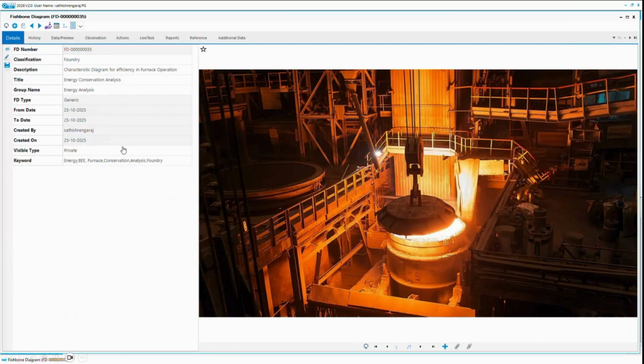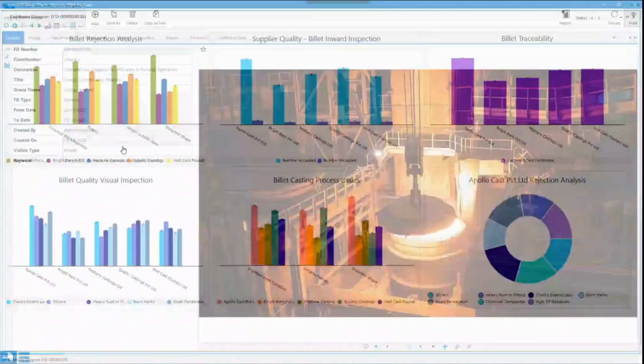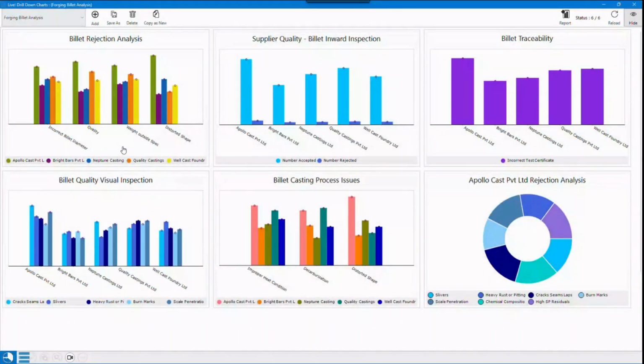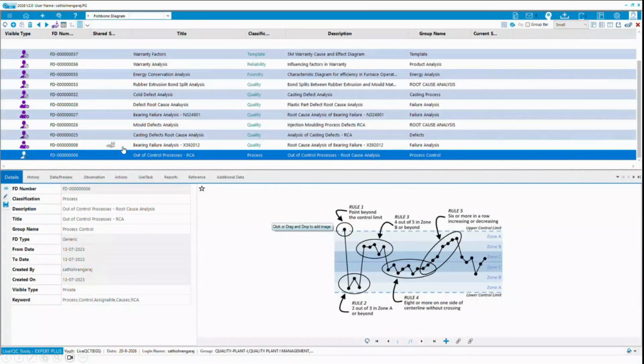Now let us look at the characteristic diagram for a particular billet rejection. The same data that you saw, you are able to see the traceability at every point of the way using the heat code. When I get any data within an out of control process, any process in any organization, if it is going through an out of control situation, then we should be in a position to bring it back into centrality.